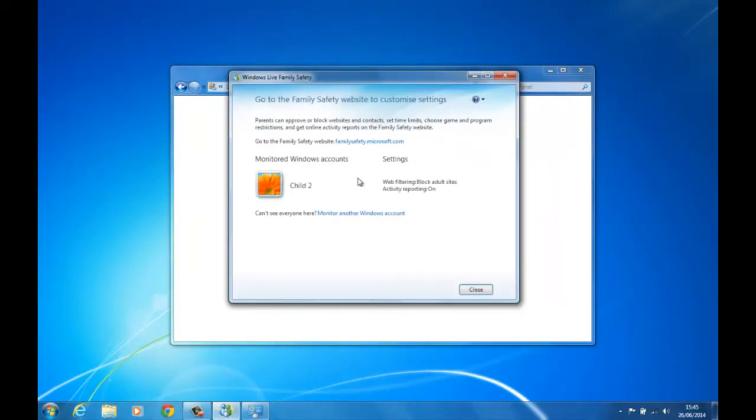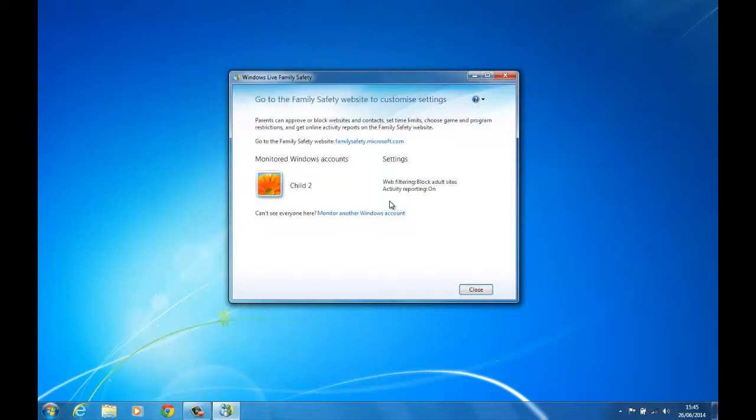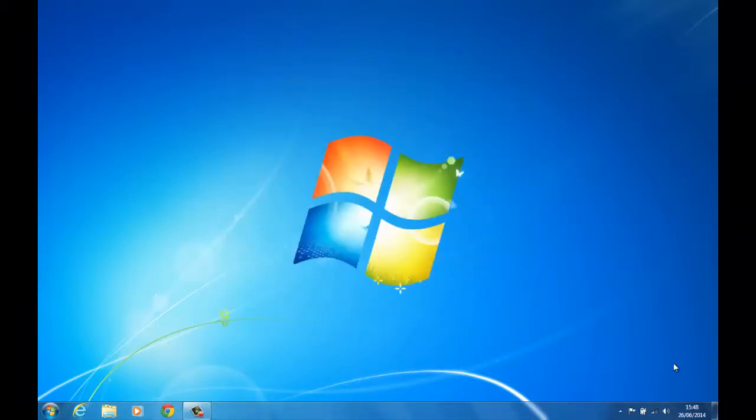Right, so what I want to do is monitor child 2. This is showing us our very basic settings here. At the moment, web filtering blocks adult sites, and activity reporting is on. Basically, it will send a report to you, or you'll be able to view the report, to see what your child's been looking at. Alright, so if we do close,